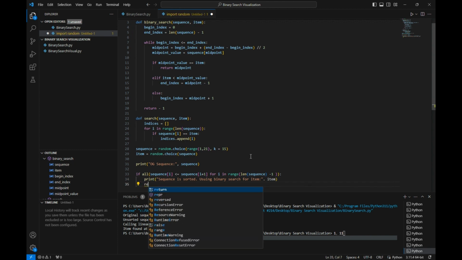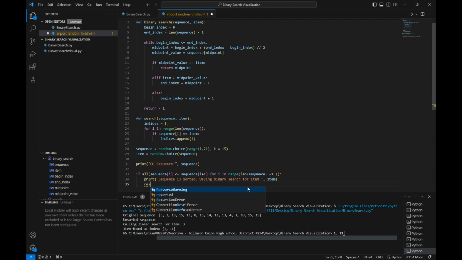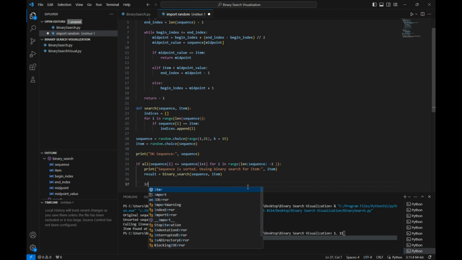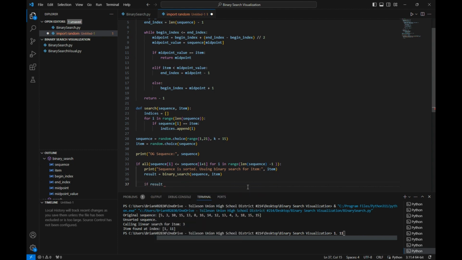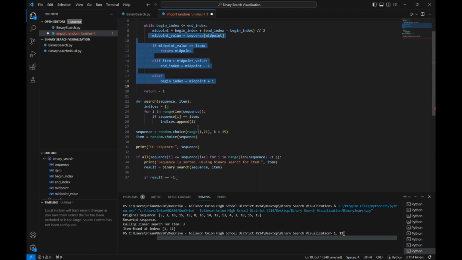We'll call that function, and here's where we call it, sequence, item, like that. Okay, and then if result is equal to -1, as we did, as what we did as the result if none of this works,